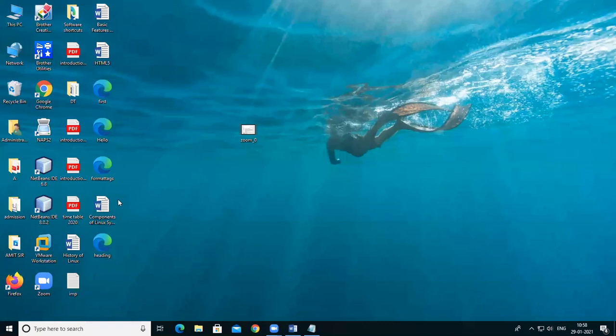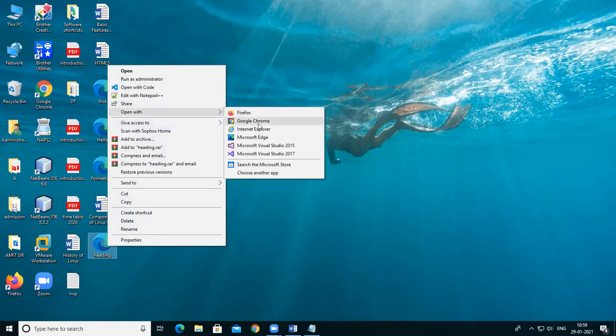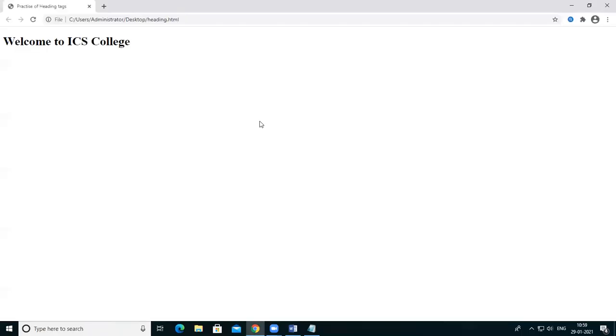So where is the heading? Here is the heading in HTML. Just right click on that program, then open with any browser. I'm using Google Chrome. See here, welcome to ICS.